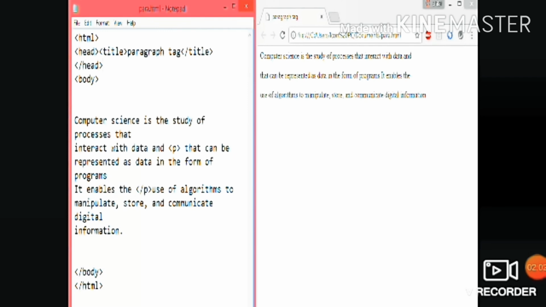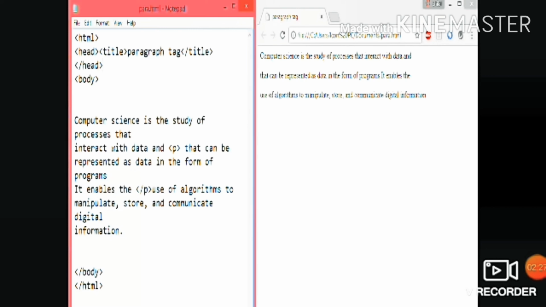And here is the next slide where we use the p tag after some sentences. You can see here in the body tag, after some particular sentences we add the p tag. Observe properly.